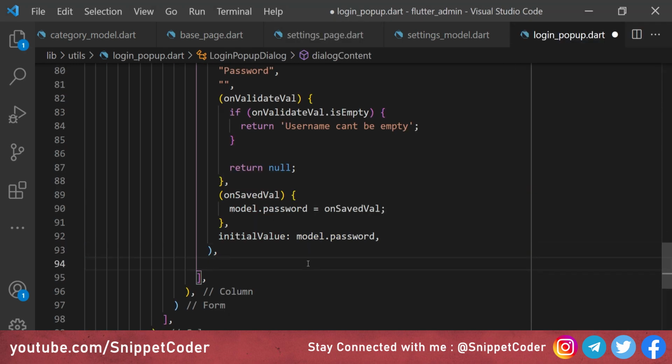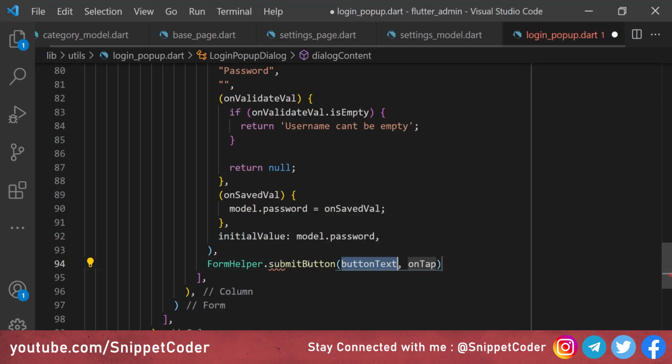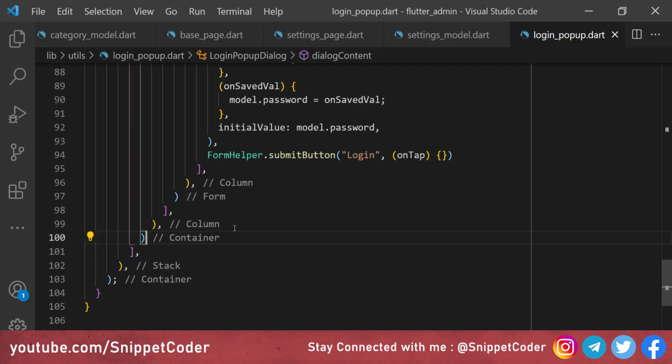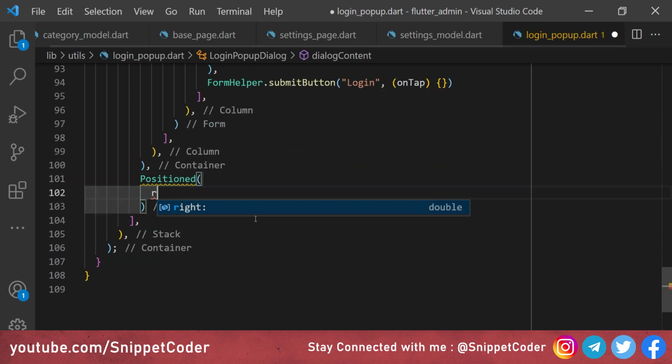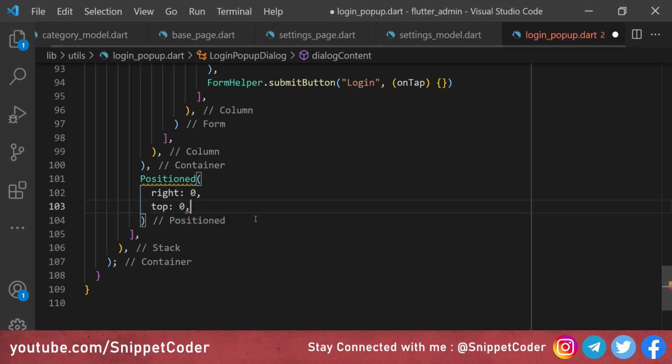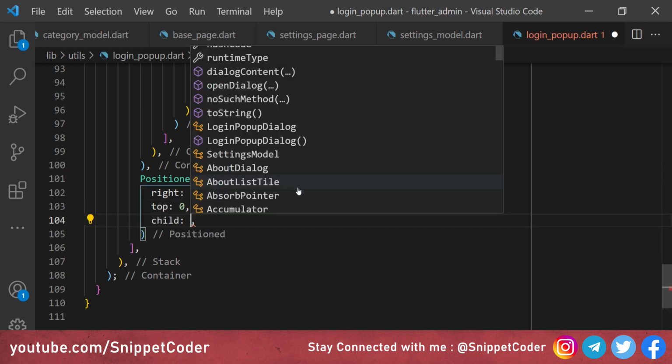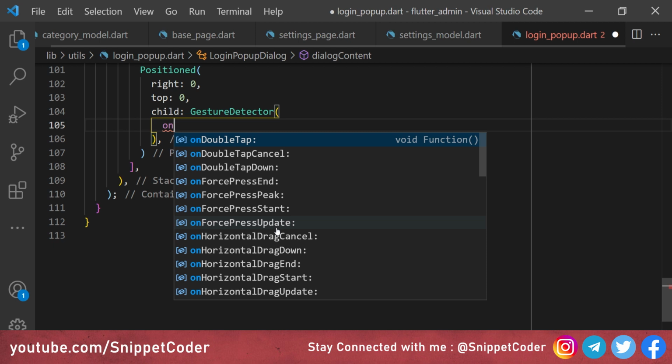So now here we will have FormHelper.submitButton, and we have the text here, Login, then we have the onTap here. So now here we will add a Positioned widget, and that will be used for our close icon to close the pop-up, and here we will have right 0, top 0. Then we have the child here, and we are using a GestureDetector, and we have the onTap here.